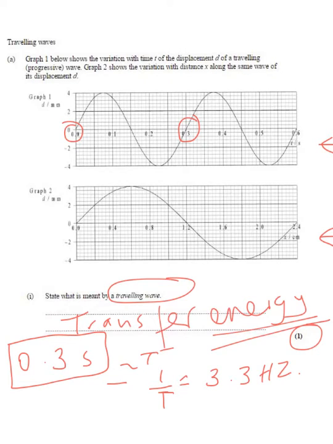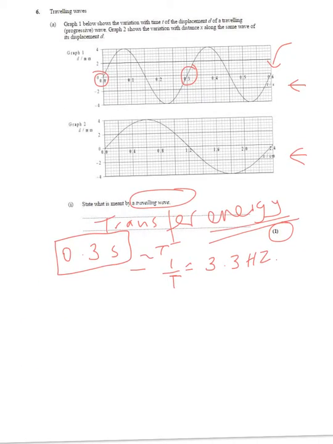Please start thinking about your significant figures at this stage. Because all of these values are to 1 decimal place, then you need to be as appropriate. Now, last one. The last one we have to work out is the speed. Now, this is where your attention to detail is important, and by detail I mean units. So the speed would be the frequency times the wavelength, the frequency being 3.3 per second, and your wavelength was 2.4 times 10 to the minus 2, because it was in centimeters. Okay, so you would end up with a value of